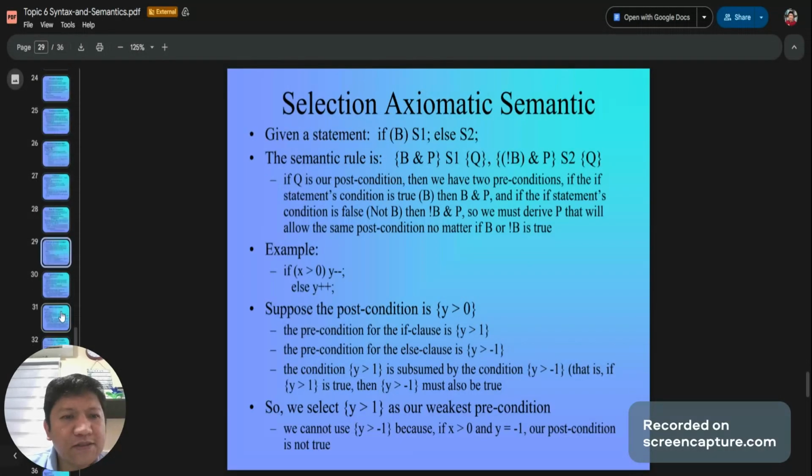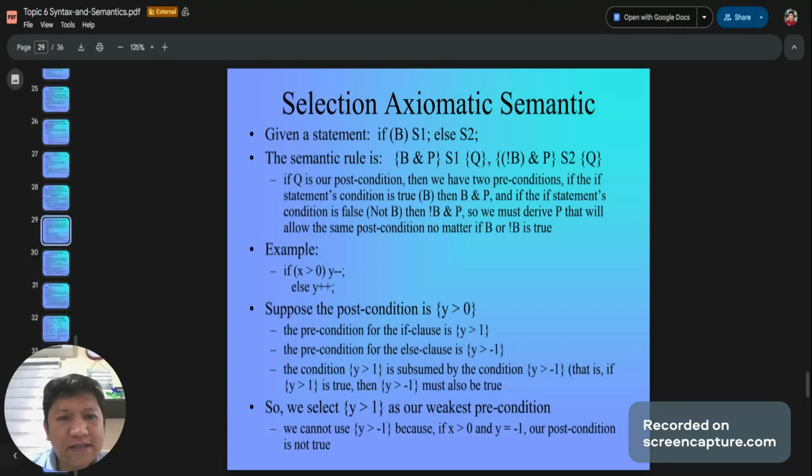Selection axiomatic semantics. Okay, so if B then S1 else S2, the semantic rule is {B and P} S1 {Q}, {not B and P} S2 {Q}. So if Q is our postcondition here, then we have two preconditions.